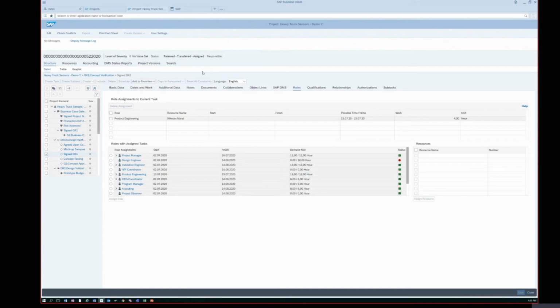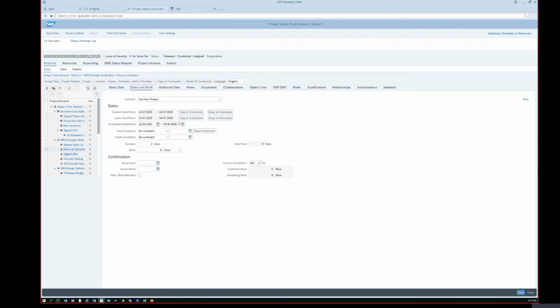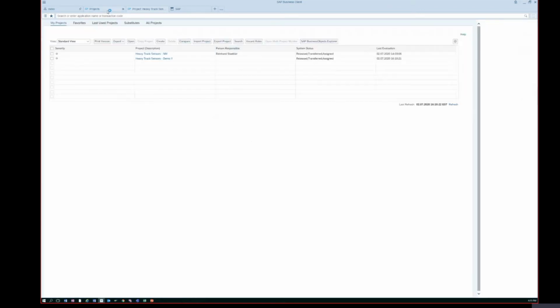So there are three ways you can confirm a task. One way is directly coming to the task itself. So for example, I come here to mockup sample, I come to date and work, and then I can simply say, hey, I started this on so and so date and it's 100% complete. That's one way. Let me mark it only. The second way is I go to the